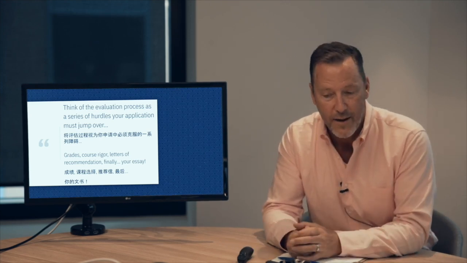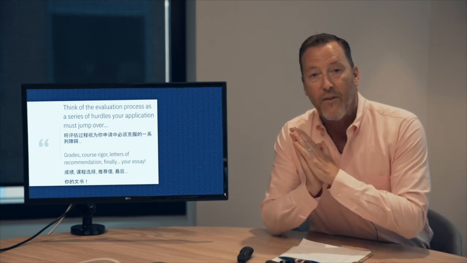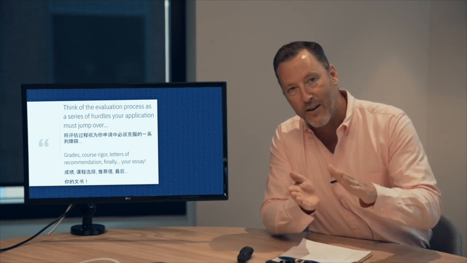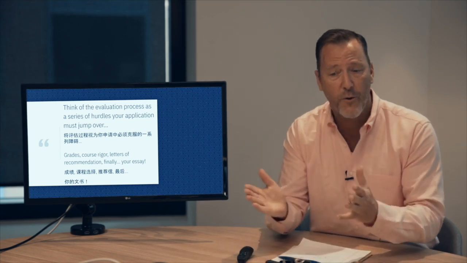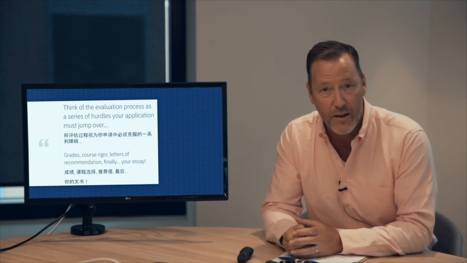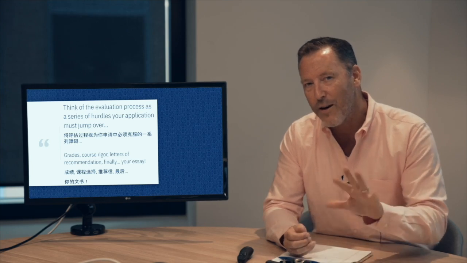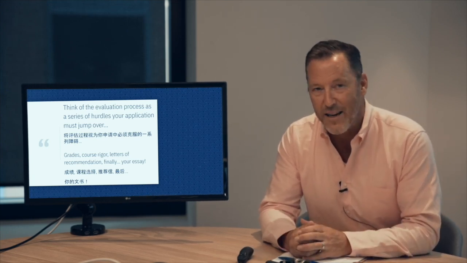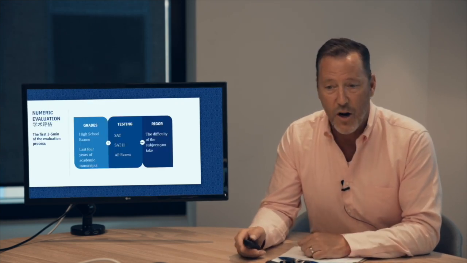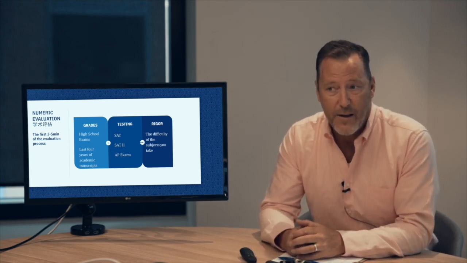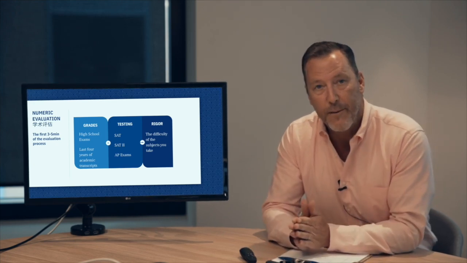In my opinion, when you're looking at an evaluation process that's being done holistically, there are 3 hurdles that the applicant must get over. And the first one is, of course, numeric. You need to have good grades. But after that, the other hurdles are a little bit more fuzzy and harder to define, but I'll do my best to walk you through them. Let's start with the first hurdle, which was explained, and it's pretty clear. It's numeric. If you don't have the numeric profile that's going to be competitive for my university, it doesn't do me any good to admit you.